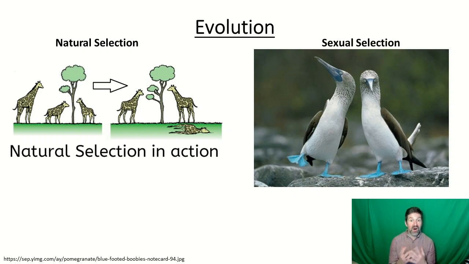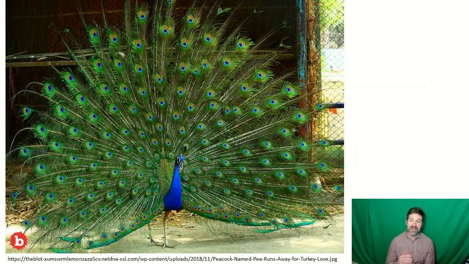Now, there are other influences on passing on your DNA, and sexual selection is another component of evolution. This deals with, I don't care how well adapted you are to your environment, you've got to have that. If I can't survive my environment, I don't have a chance. But if I'm well adapted to my environment but can't pass on my genes, I'm dead in the water as well. So the component of finding a mate and successfully reproducing comes into the realm of sexual selection, right?